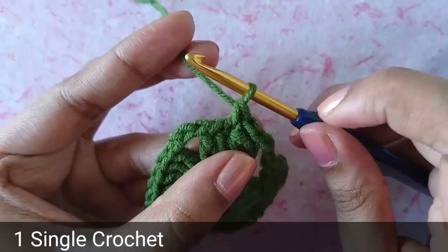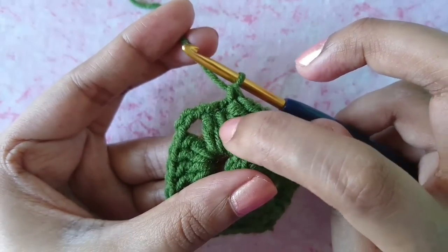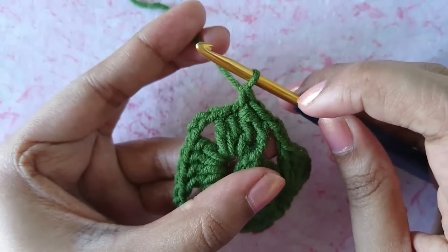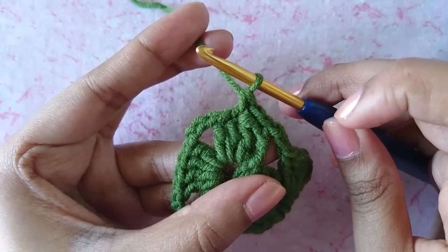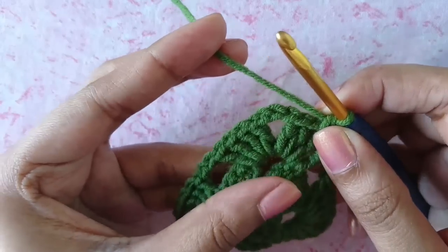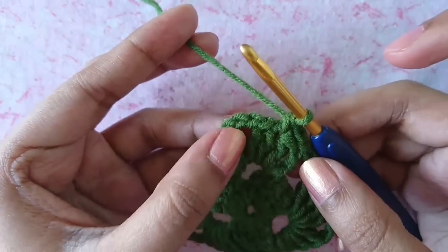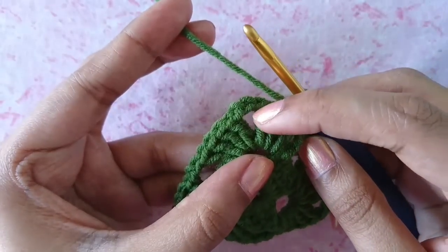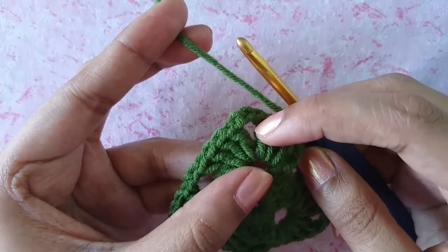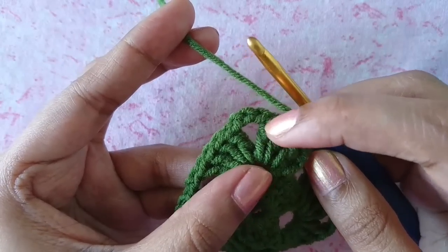Okay, so we just made 1 single crochet stitch in between our second and third double crochet stitches from this set of 4 double crochet. Now we are going to move to our corner gap space. So this is our first corner gap space here, right? Into this corner gap space we'll be working 4 double crochet, chain 2 and 4 double crochet all into